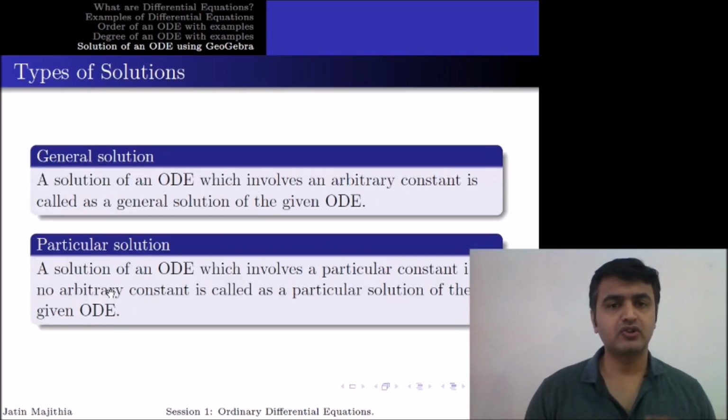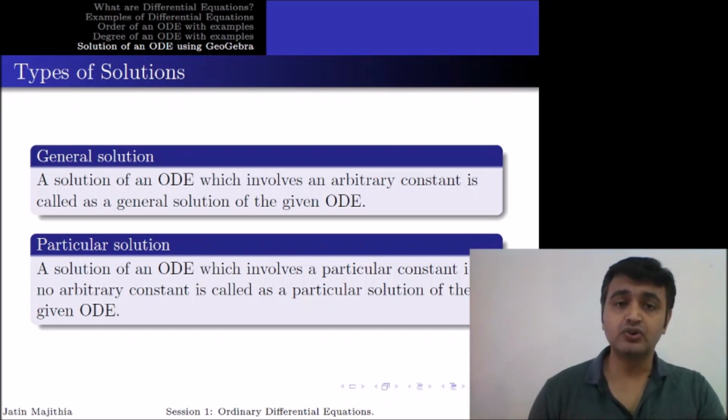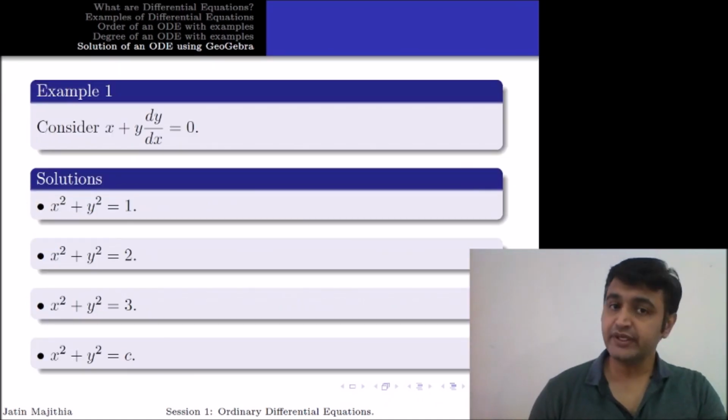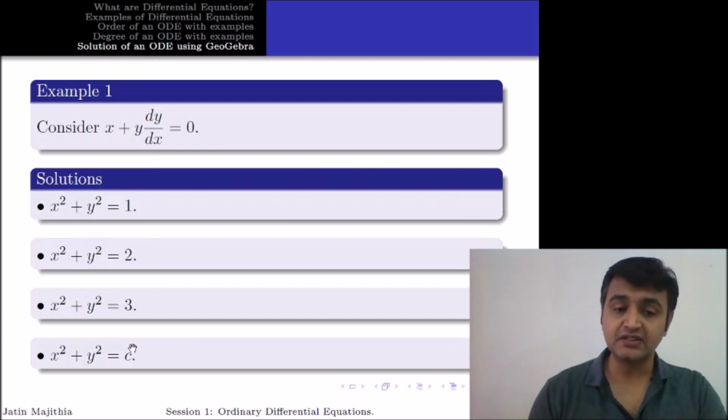And therefore, usually for solutions we have two categories. One is general solution, one is particular solution. So what do you mean by general solution? If you have a solution that involves an arbitrary constant, then such a solution is called a general solution, and the one which does not involve an arbitrary constant, we call a particular solution. So like the first one, second one, third one, these are the particular solutions of this differential equation because they do not have any arbitrary constant. Whereas the last one has c. c can be any real number. So since c is an arbitrary constant, we call the last solution a general solution, whereas the previous solutions are particular solutions.